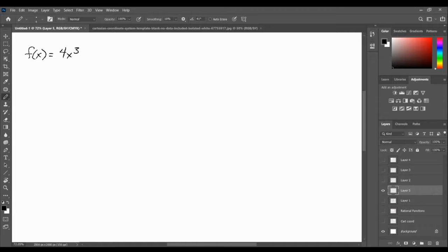All right. So we know that because it's an odd degree and the leading coefficient is positive, that it'll go up to the right and down to the left. We know that. Let's see, could we